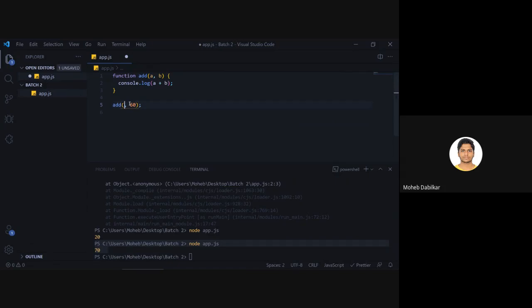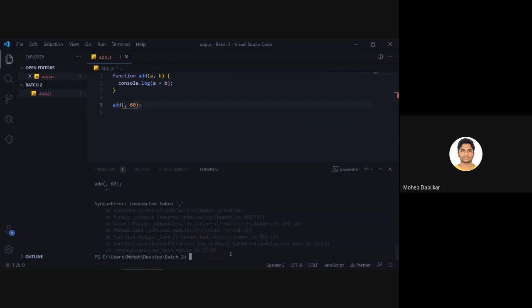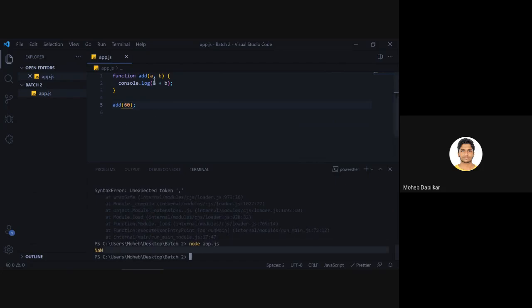What if I don't pass in a and I just pass in b? The issue is that we will be getting unexpected token comma. And we can just pass in something like this. Now it says not a number. This is because it does not get b. We already passed a inside, so it does not know what to do for that b.